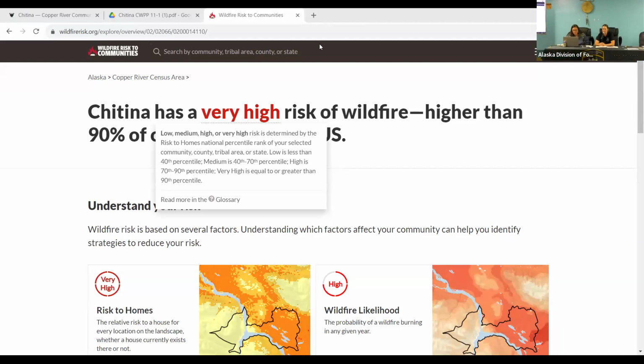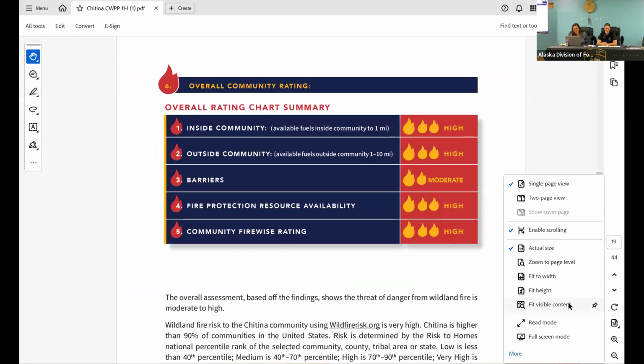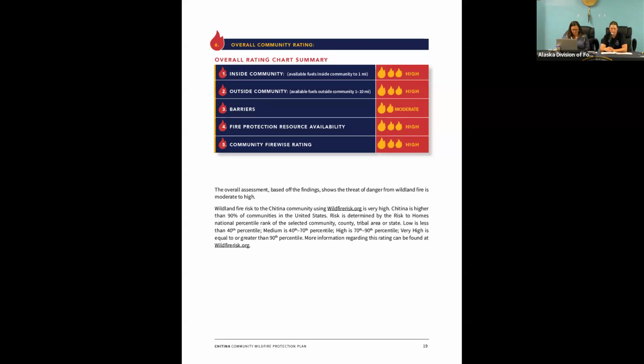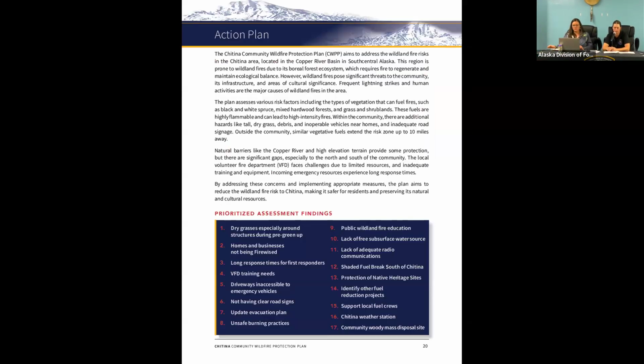So the final thing is taking all the findings from the community risk assessment, and what we did is we developed a prioritized assessment list of the findings. You can find it on page 20 in your CWPP. It was pretty easy to prioritize the first 4 or 5 findings, where addressing them immediately would really do a lot in the community.